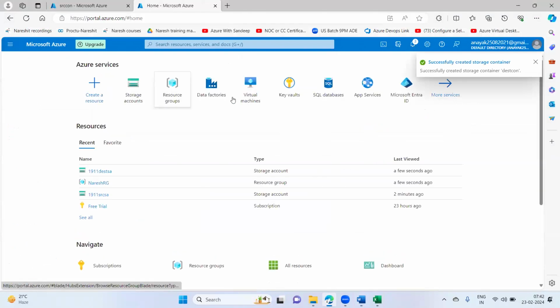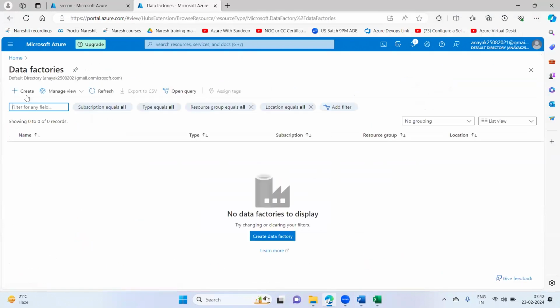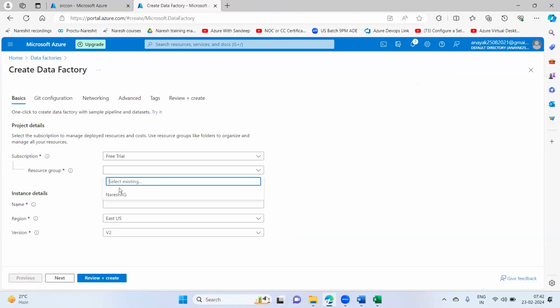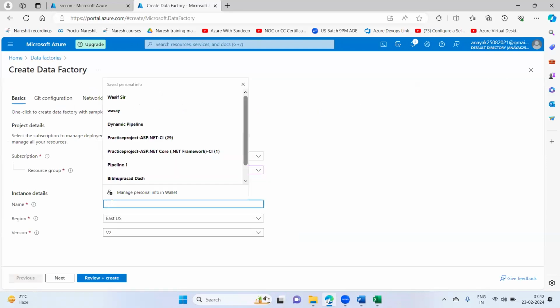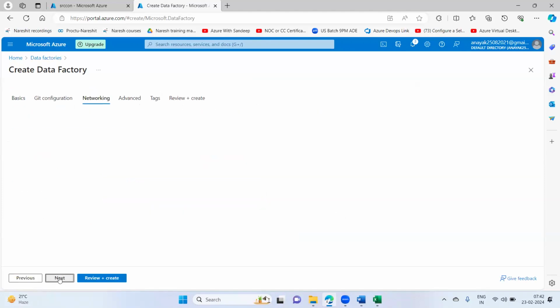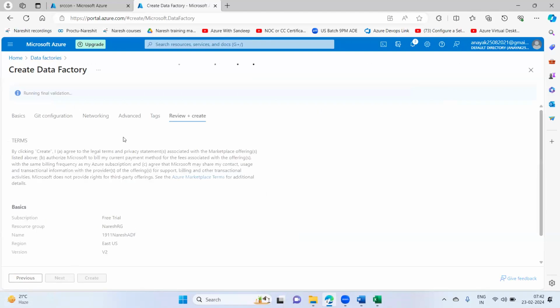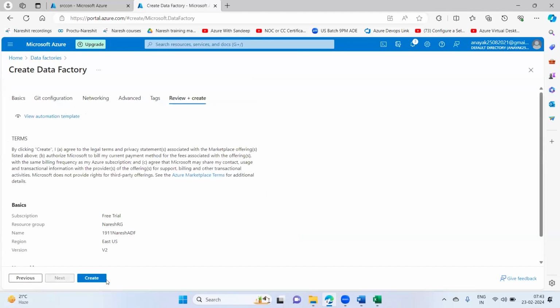I'll go for the data factory, leaving all the values to default. So the initial three, four steps are common, guys, in every lab. If you notice here,